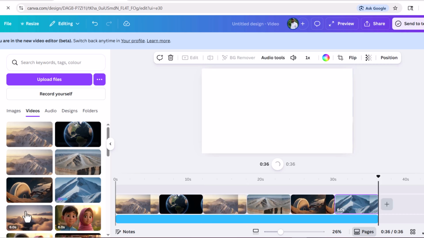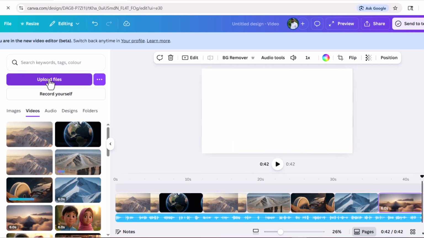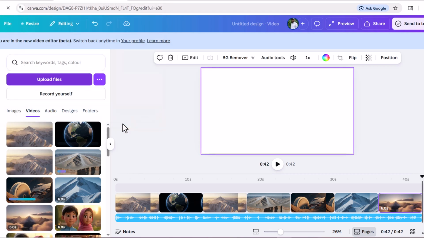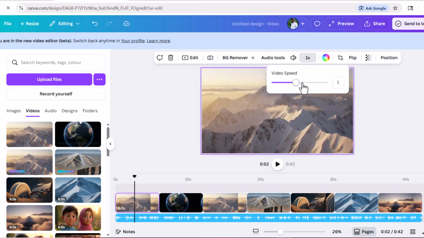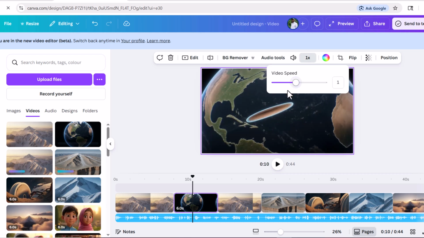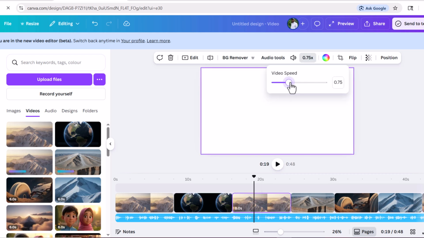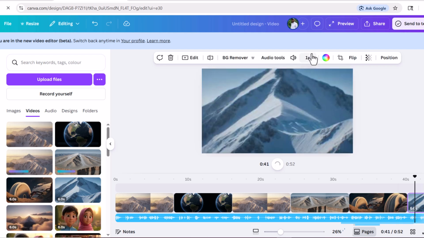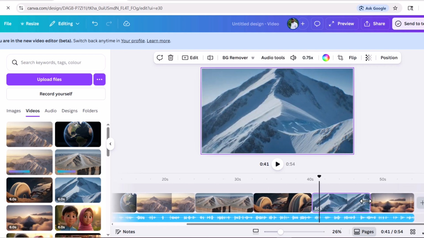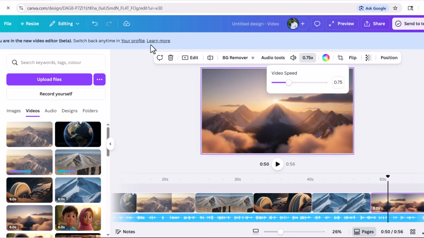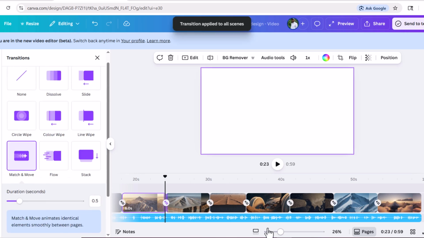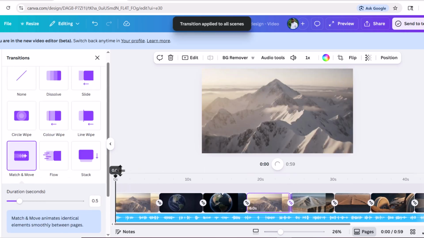We've also generated some more animations, so we'll import them as well. Now, the voiceover is a little over 1 minute long, while the scenes are only 30 seconds long, so we need to increase their duration. For that, we'll slightly slow down their speed, okay? Then we need to adjust all the scenes and place them over the voiceover so that each scene is in sync with the narration. Let's preview the final output.